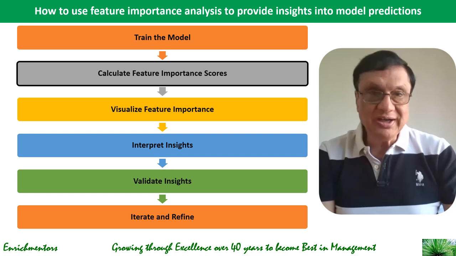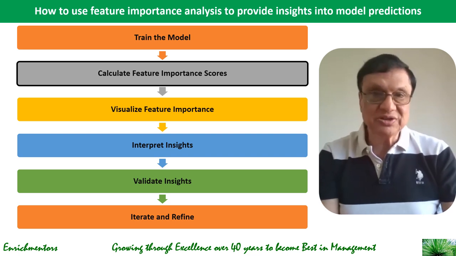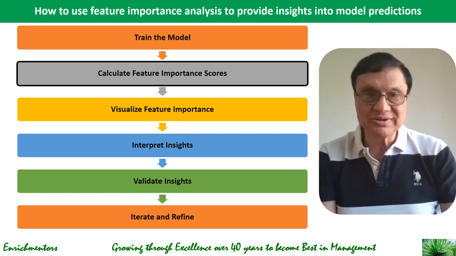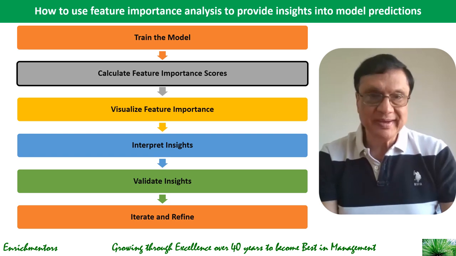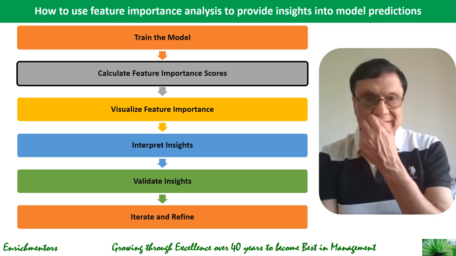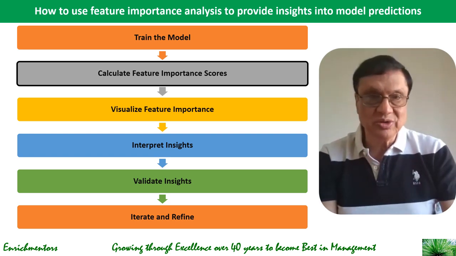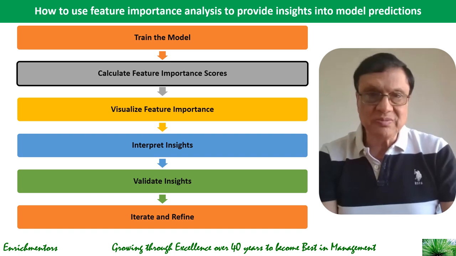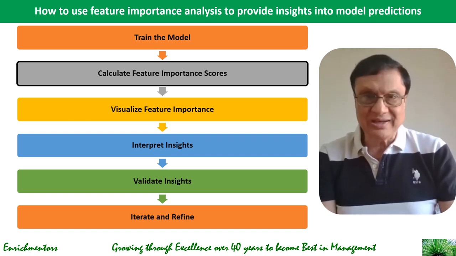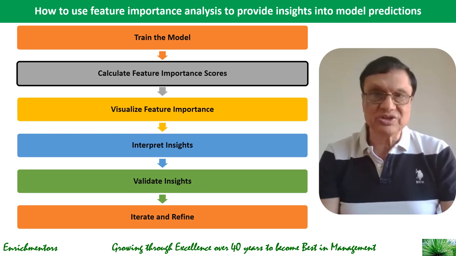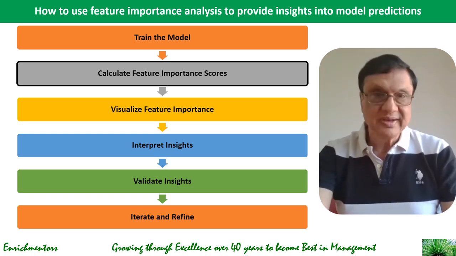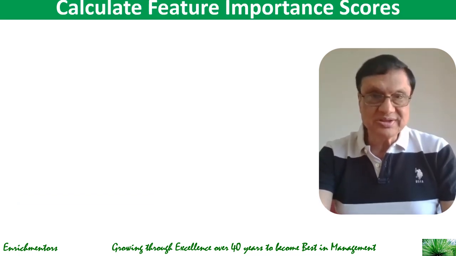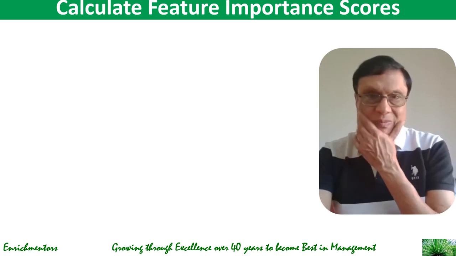So we have looked at in the last three lectures the first step of how to use feature importance analysis, of training the model, and now we are ready to look at the remaining steps. So how do you think you can calculate feature importance scores to use feature importance analysis and provide insights into model predictions? Any thoughts? See, what you need to do is first, after training the model, calculate